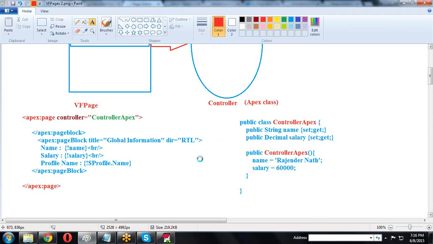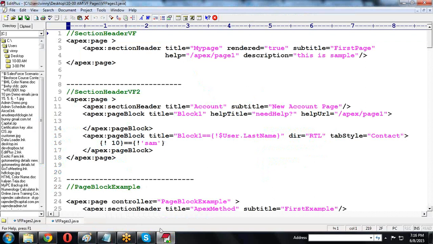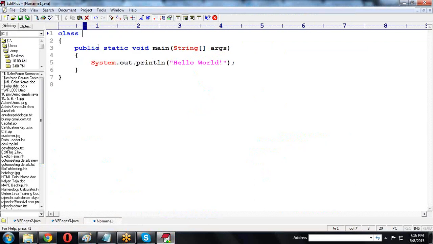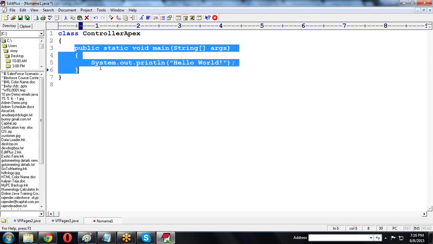Now whenever we are creating, here we require setter and getter. I am creating a public class, controller Apex. Like this I am creating a class.